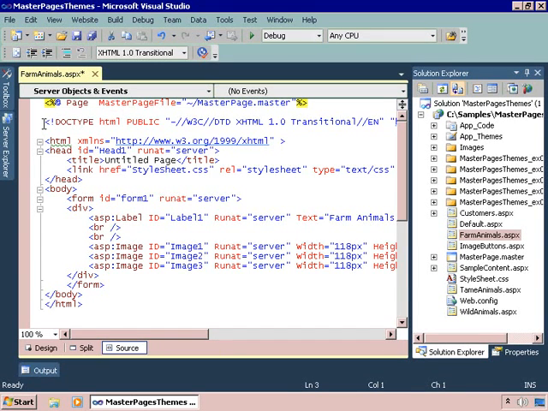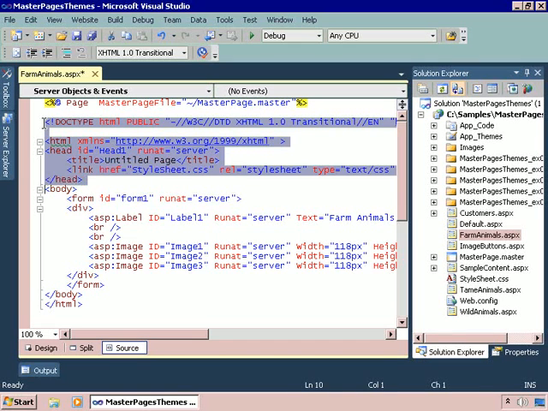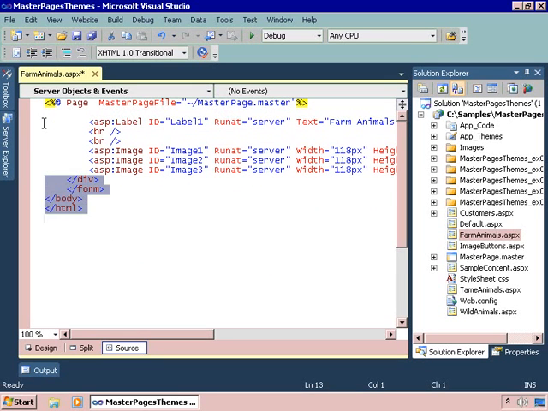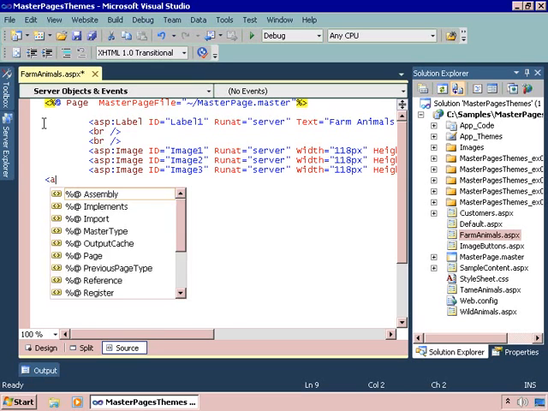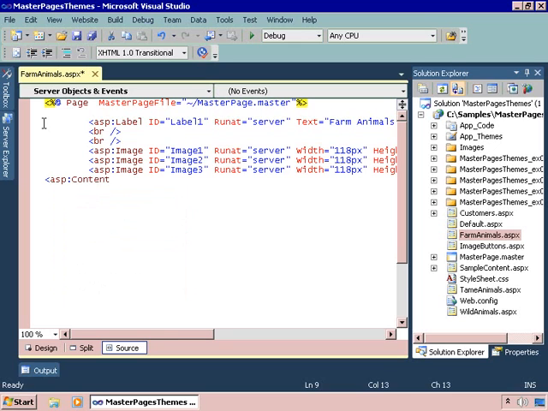Now within the page markup, I'm going to remove everything except the stuff that is the content of the page. So I remove all of this. All I really want to end up with is the content. And there we are. Let's add an ASP:content control. There we are. And now we need to modify its properties so we know what part of the master page it goes with. We need to specify the content placeholder ID property. Content placeholder ID equals,